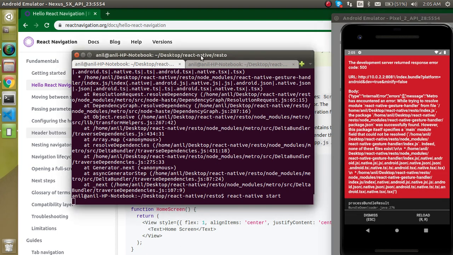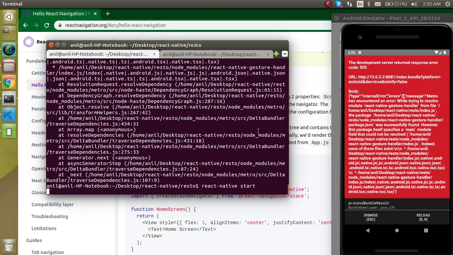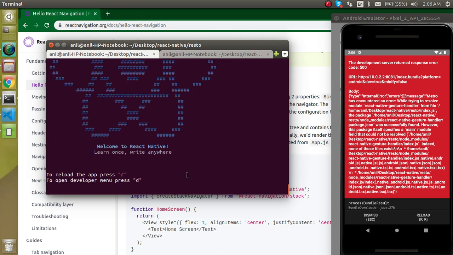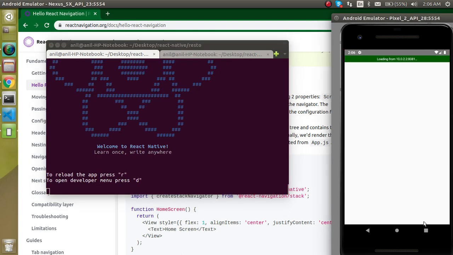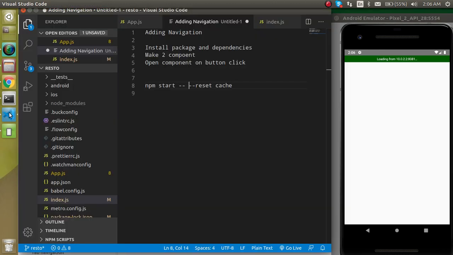And again, this command will take some time. As you know, React Native takes too much time for building, bundling, and installing and everything, because this is a wrapper on the iOS and Android developer tools, and they are already very heavy things, and it just makes them heavier. The command is fine, but now it will take a little bit of time for the bundling. And all right, within that time I can